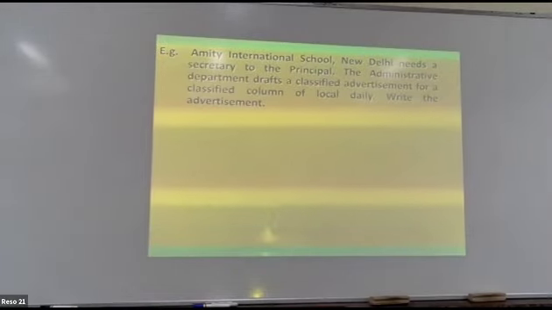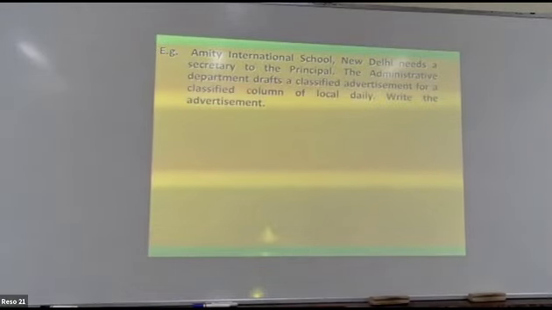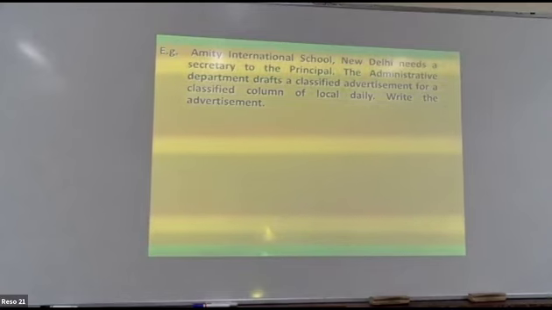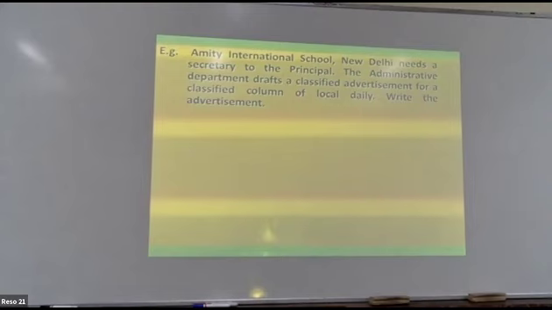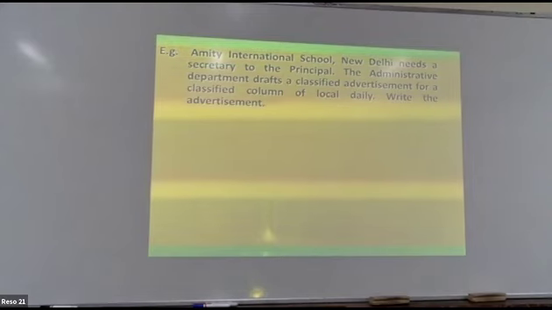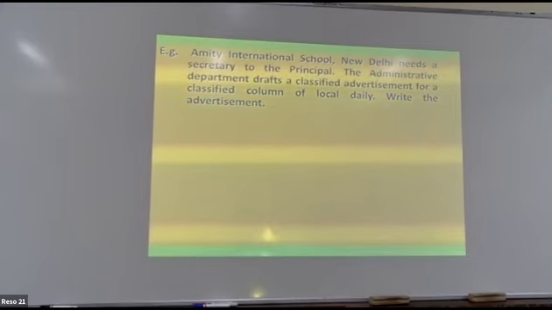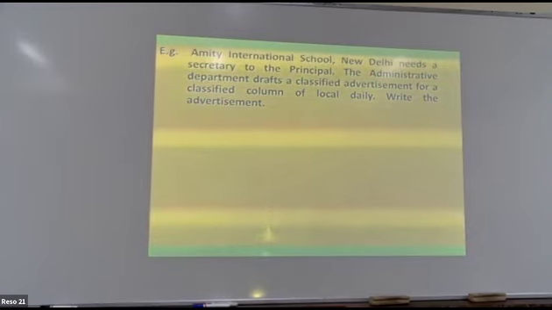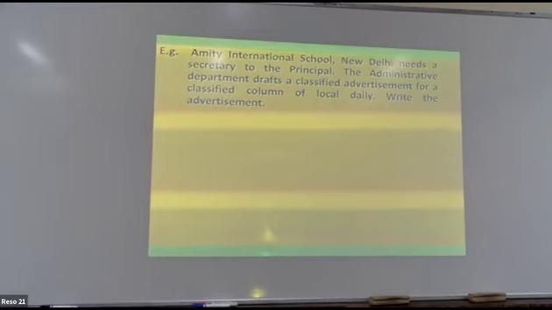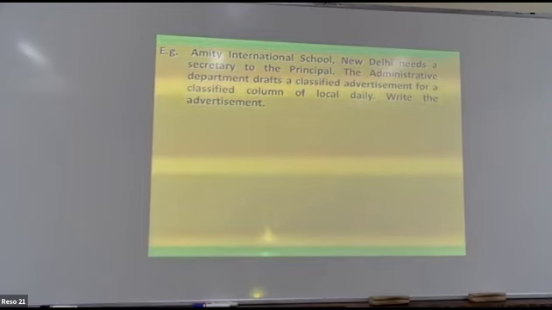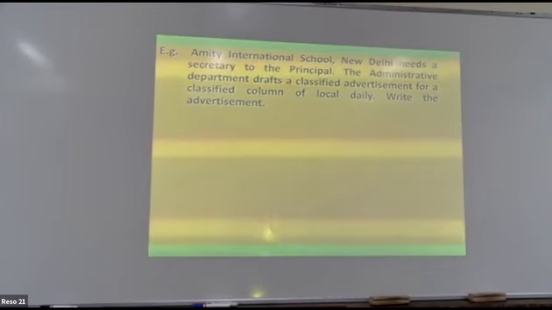Read the question. MET International School, New Delhi needs a secretary to the principal. The admin department drafts a classified ad for a classified column of a local daily. Daily is a term used for the newspaper. Write the advertisement. So whenever you get such questions, this time you will get MCQs, but when you write,